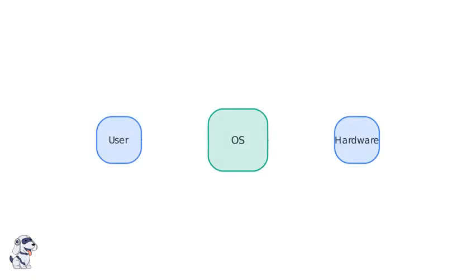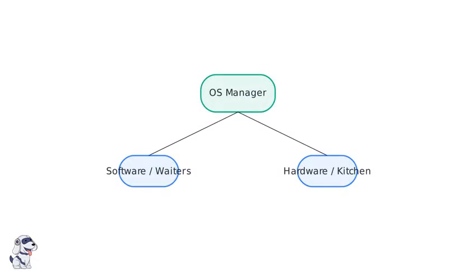An operating system acts as the essential bridge between the user and the computer hardware. It manages all the complex resources behind the scenes. Think of the operating system as a restaurant manager. The manager directs the waiters, who represent your applications, and the kitchen staff, which represents the hardware, to ensure customers